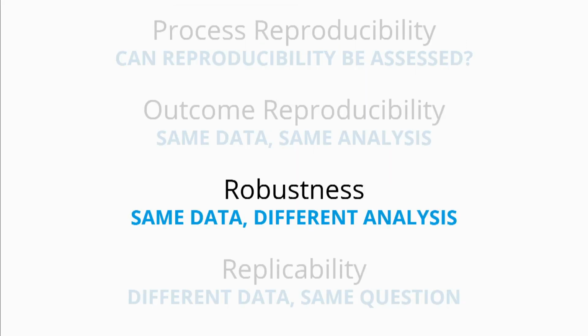All right, robustness. This is a third way of assessing credibility. And robustness refers to reanalyzing the same data from an original finding, but considering reasonable alternatives to the analytical strategy. So for example, there might be different rules for treating outliers, or different decisions about inclusion criteria, or different variables to include in the model, or different ways to combine variables to measure the same thing. And we would not expect all of these different analytical decisions to give us the exact same evidence, but we do expect them to be reliable and robust in terms of what we conclude from those original findings.